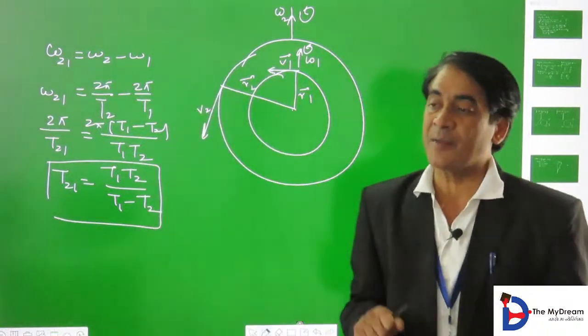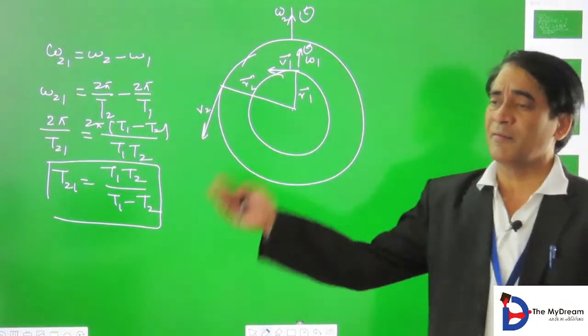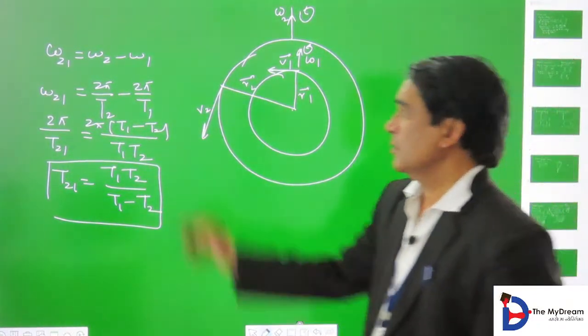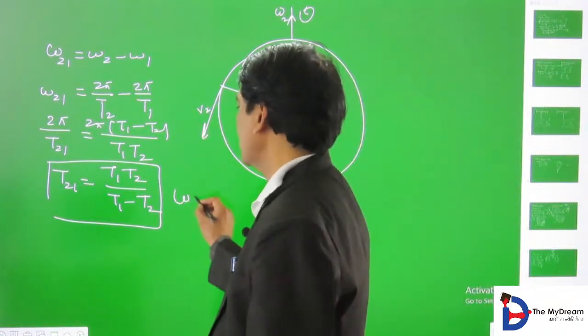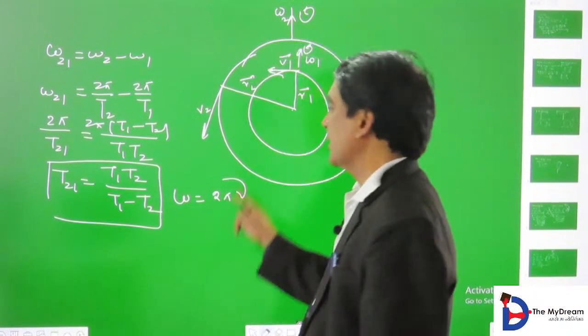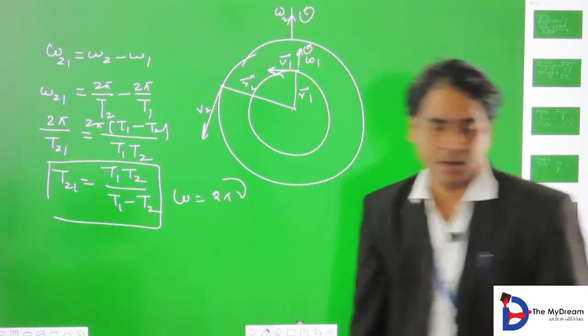This is the time period of second with respect to first. If you want to convert it into frequency, then you can go through this 2 pi nu 2 minus 2 pi nu 1. Next,